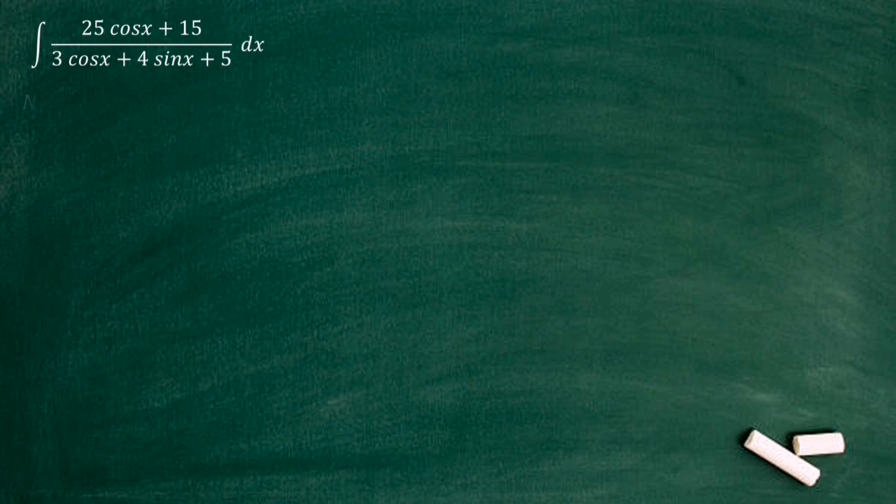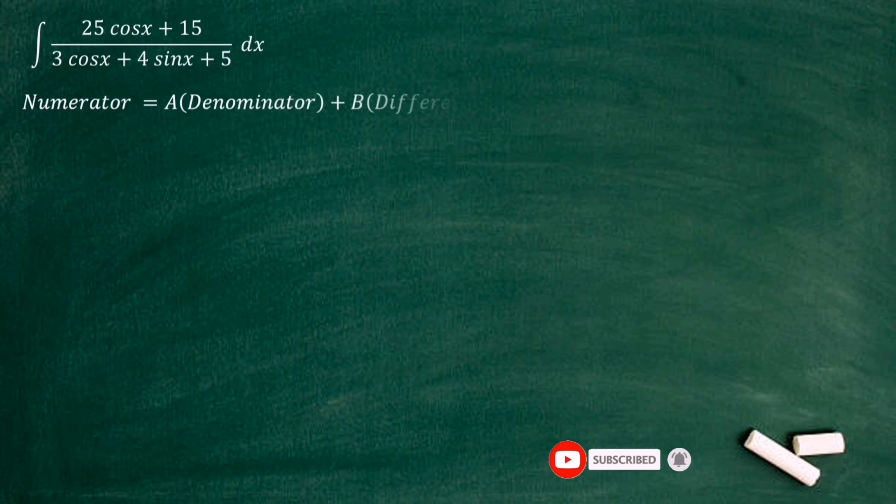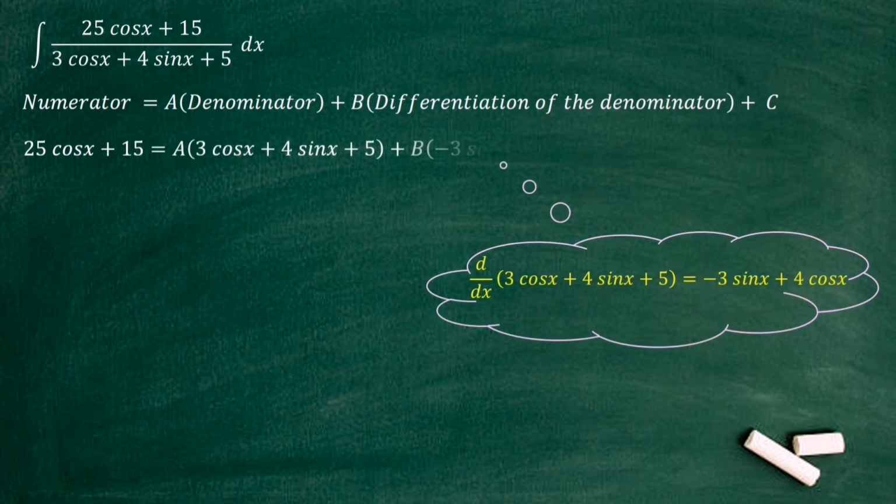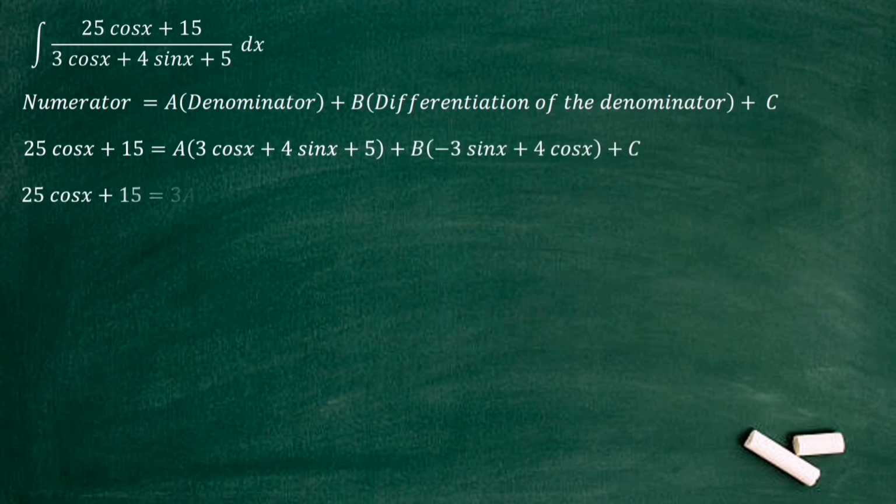Let's write the numerator value as capital A times denominator plus capital B times differentiation of the denominator plus capital C. Here capital A, B and C are constants to be determined. So we can write 25 cos x plus 15 as capital A times 3 cos x plus 4 sin x plus 5 plus capital B times minus 3 sin x plus 4 cos x plus capital C. Then we can remove the brackets and